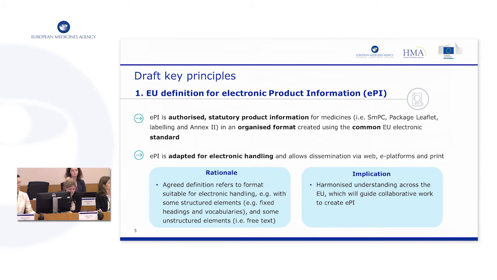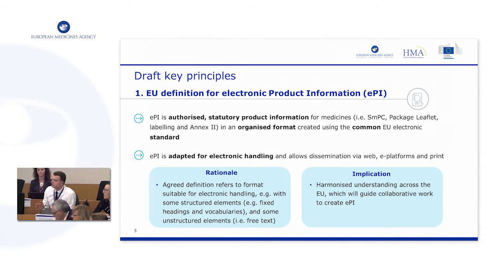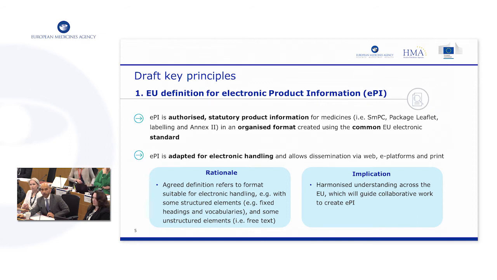Maybe Alexios? We thought it was important to make sure what is product information, at least from a regulatory point of view, that the 4 parts we are talking about are the specific ones. So there's no misunderstanding about what is covered by product information, because it could be understood as something else. From a regulatory point of view, we wanted to be clear. But do we have a definition of product information elsewhere? If we do, you can just refer to that definition and not necessarily define it here in this key principle.